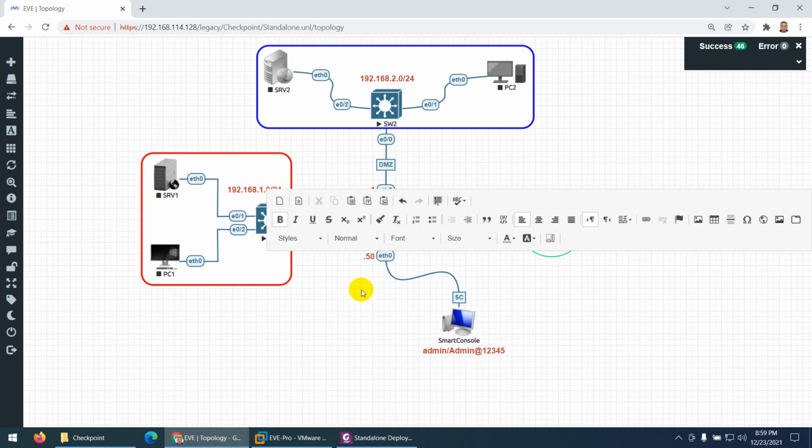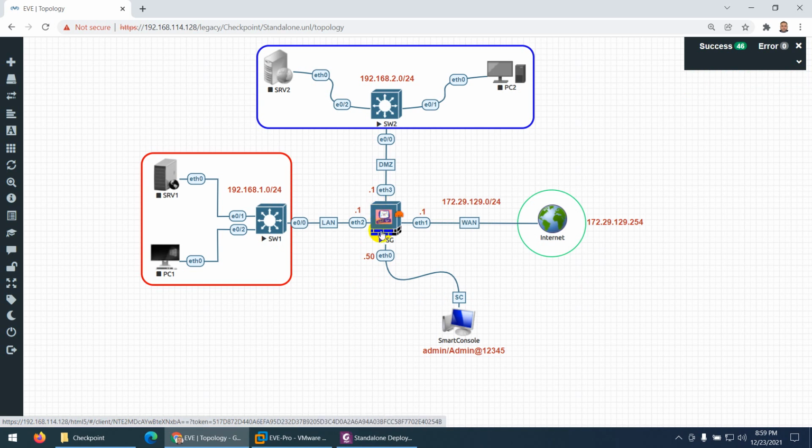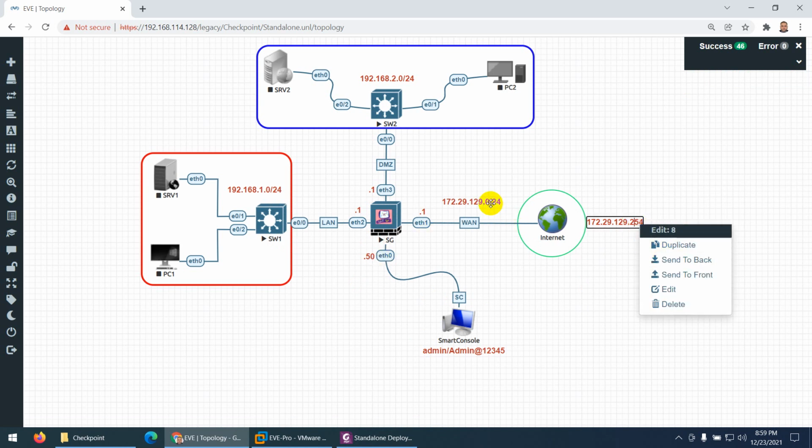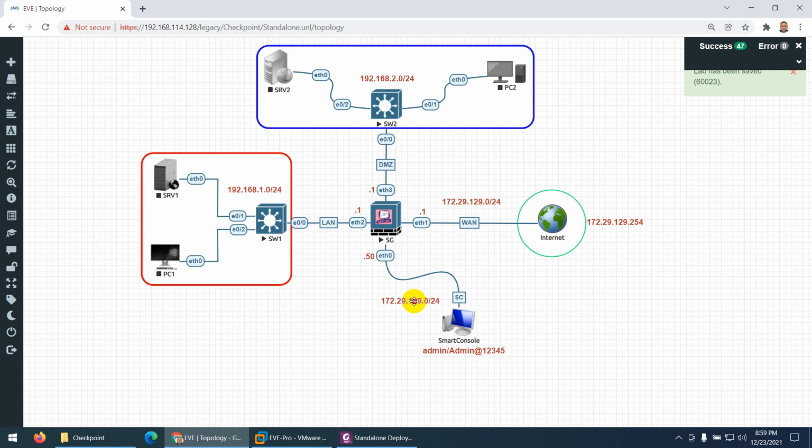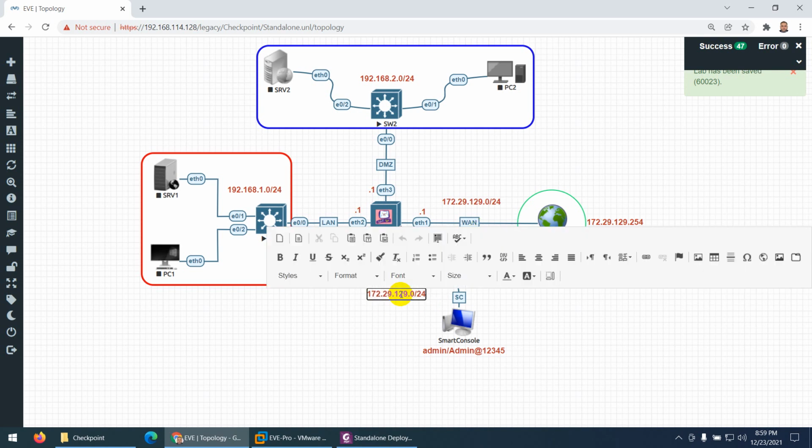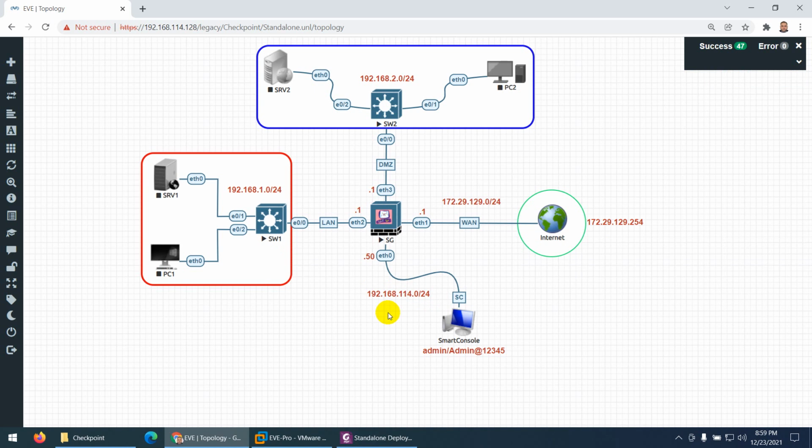If you remember, when we installed this software, this firewall, the IP is already 192.168.114. So let me write down the management subnet as well, so that we know which management subnet we are using. So basically our management subnet is 192.168.114.0/24. In your case it will be different, but in my case it is 192.168.114.0/24. So the .50 IP we already assigned to this interface. We can change it, by the way, as well. And these are the details which we need.